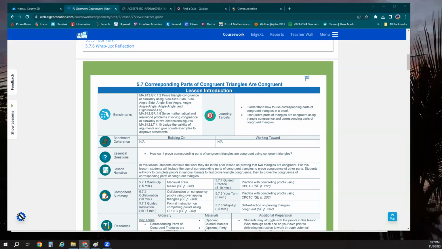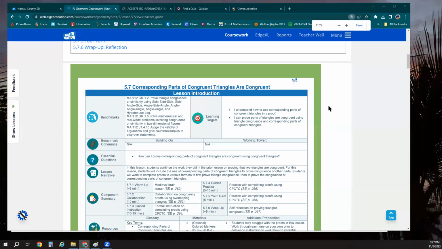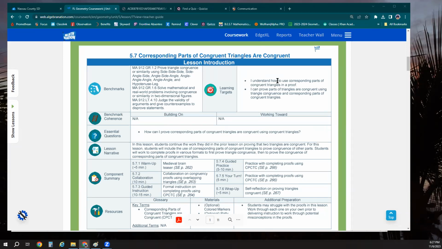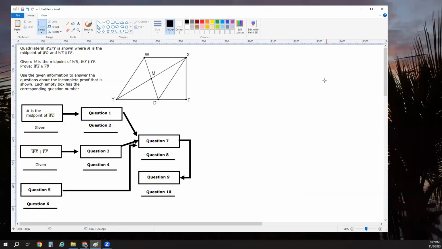All right, so we're getting into section 5.7. This is corresponding parts. Parts of congruent triangles are congruent. After today, our goal is that you should be able to understand how to use corresponding parts of congruent triangles in a proof and prove parts of triangles are congruent using triangle congruence. So we've been doing a lot of this anyway before today, but here is some homework